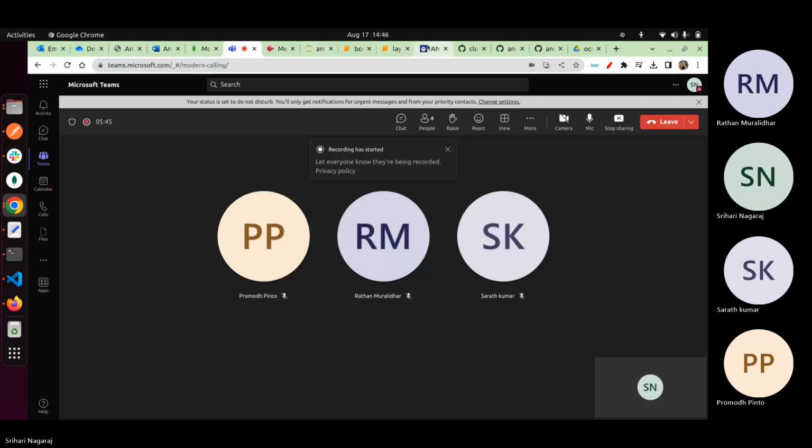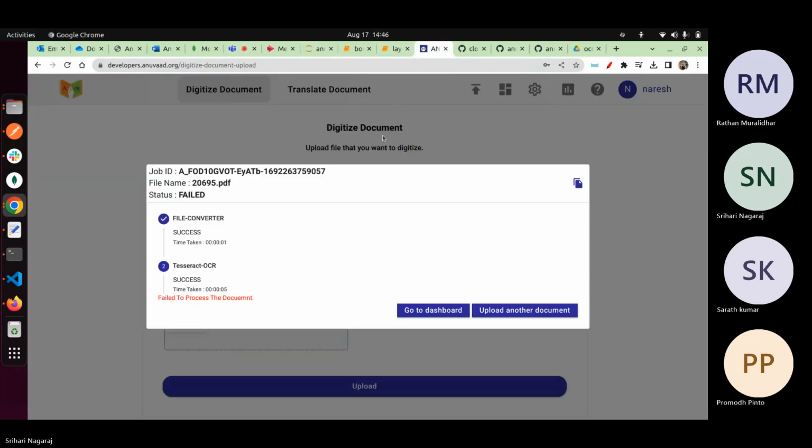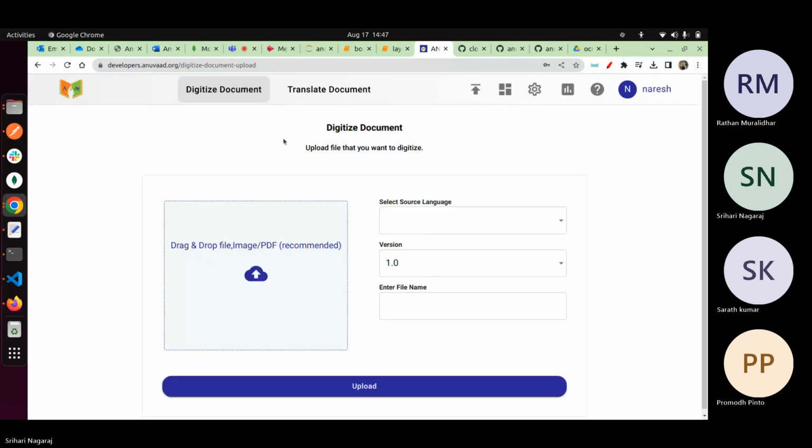Okay. See, I think it's already been removed. Okay. Nonetheless, I'll show it in local itself. This has been removed. So by the way,